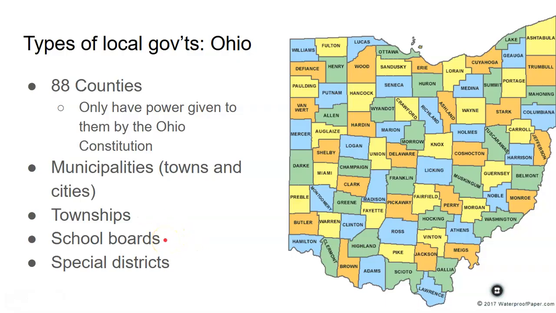School boards also are run by elected officials, okay? And their entire job is to run the school district in that area, okay? And then we have other special districts. Sometimes there will be a special district for like a watershed, which just means this is the area where all of the water comes from, and there might be a special district for something like that.